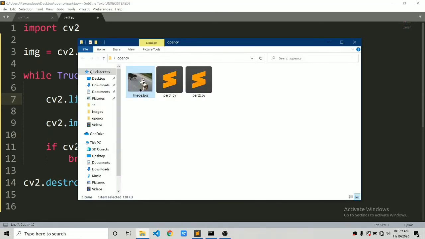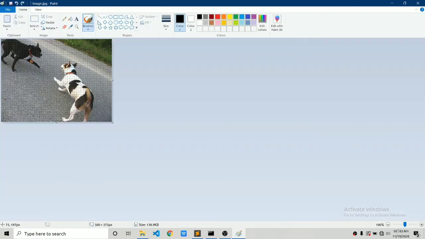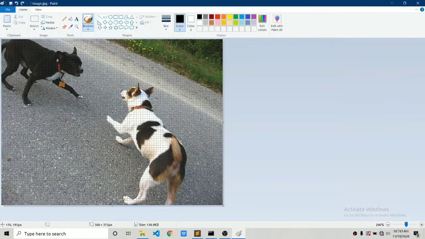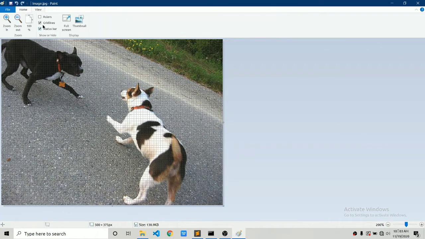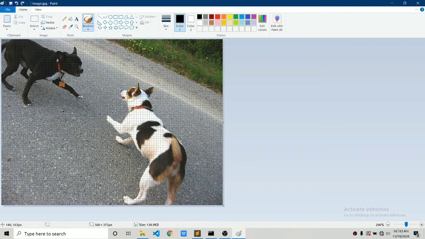Let me visualize how things go in order. If you want to enable the grid, as I'm doing in this video, you can go to view and enable the grid lines. And if you don't have Paint, like if you are using Linux or a MacBook, there might be GIMP or Photoshop for you. You can use that. So if I come over here, you can see there is a cursor over here, and at the bottom of the screen you can see the coordinates. So we will take the starting and the ending coordinates of the line. Let's say I want to draw a line from over here up to this point of red color.